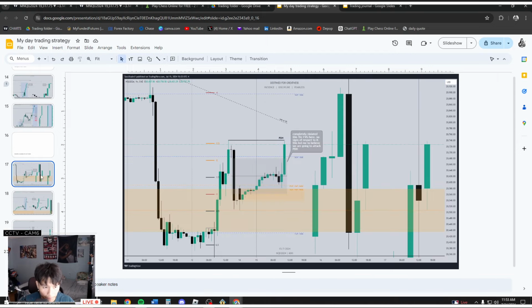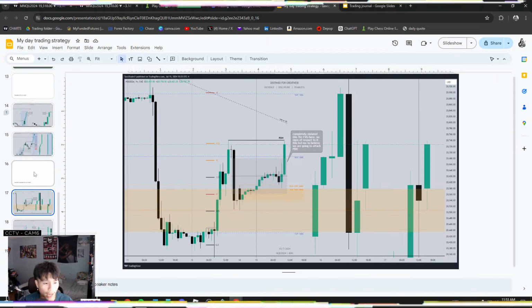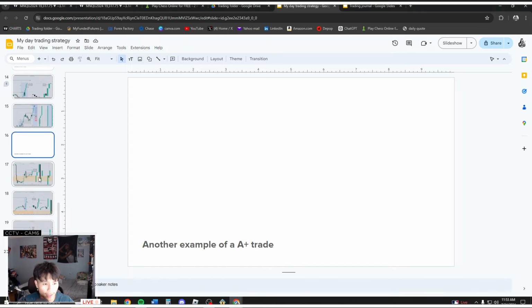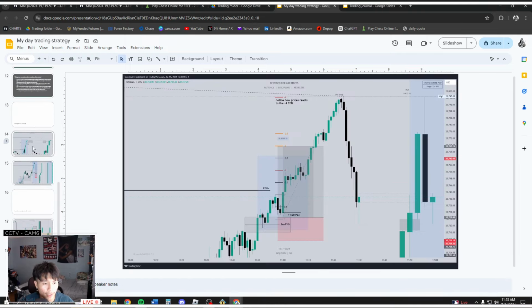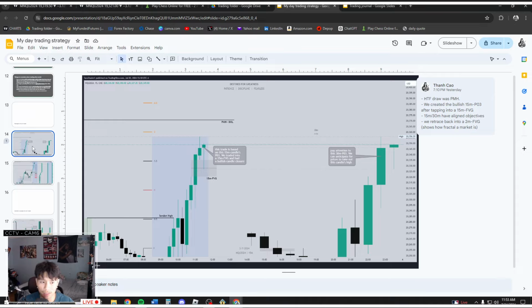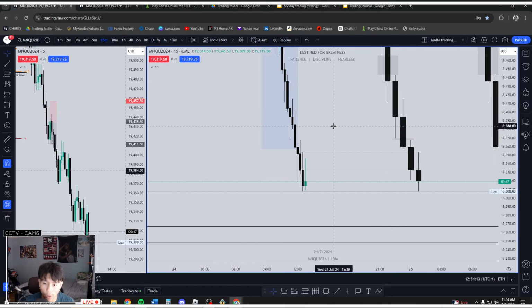But yeah, those were the two A plus trades that I really want to put out, because this helps me understand what my A plus setup is. If I can explain to you guys what an A plus setup is for me, then I have even more insight and perspective on it. This is going to help me and you guys understand what my A plus setup is, and I want to go over